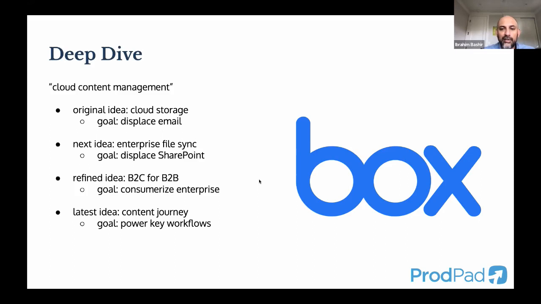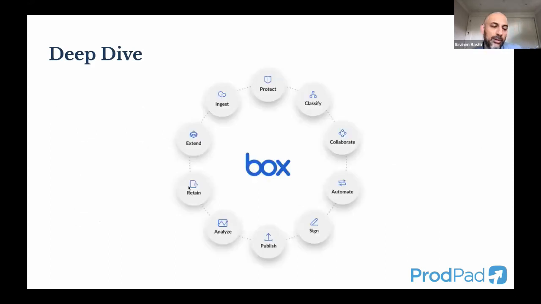And I want to go back to the flywheel for a second. This is a publicly available diagram. You can look up Box's investor relations site and you'll see this. And all of the companies that I shared earlier, Sana, Datadog, GitHub, you can find their architecture documents online and just see how they think about their offering. And I'll get to my point in a second.